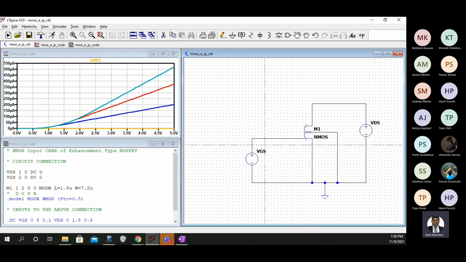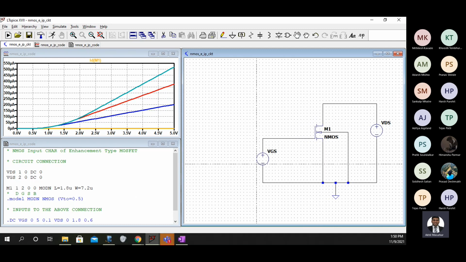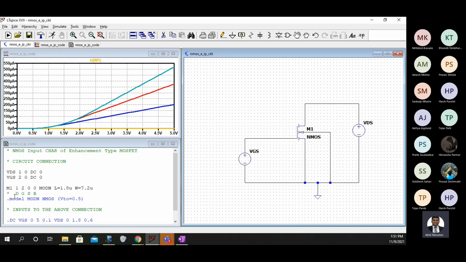Now we have to set certain things. So we have drawn the circuit. We have to assign this.